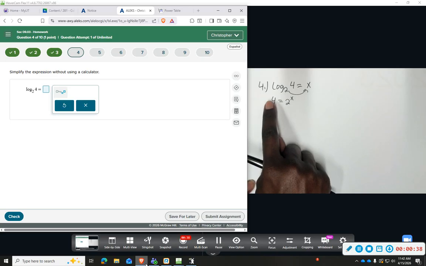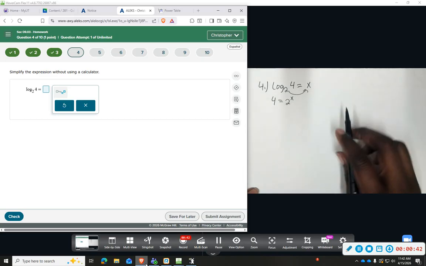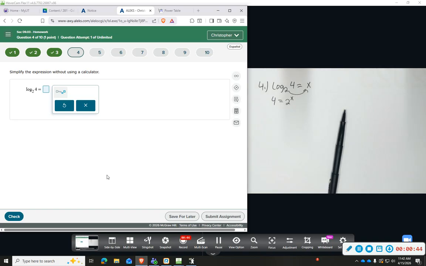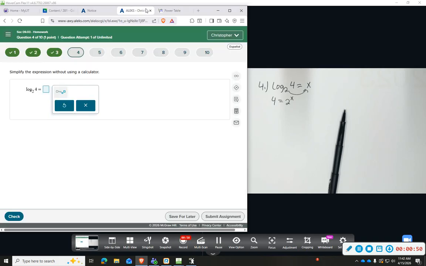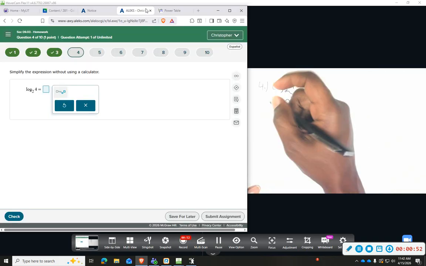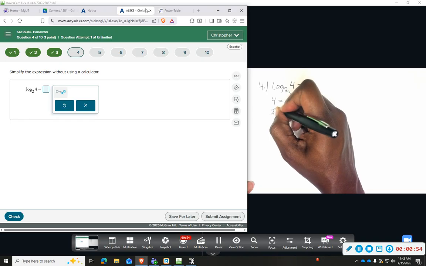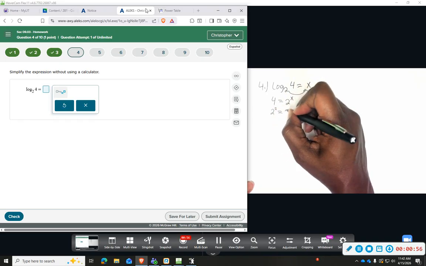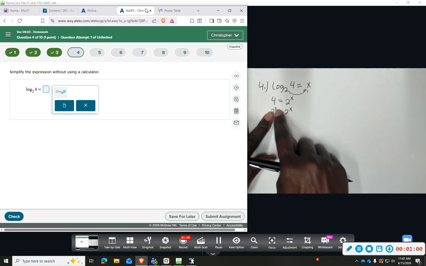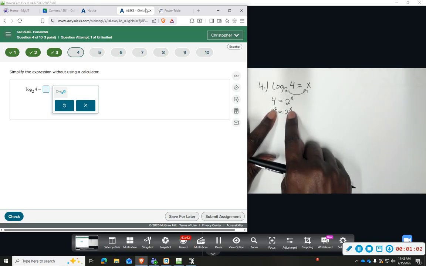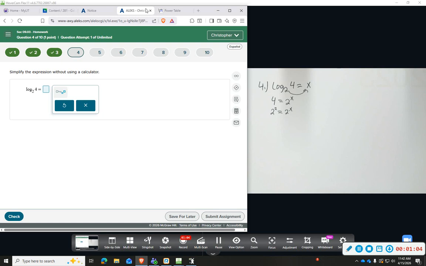You can use your power table or think, is there a way that I can rewrite 4 with the base of 2? And I did look up a power table. I have it, so I'll just pull it up. But this is one that we're familiar with. 2 to the second power is equal to 4. So when they say without a calculator, we're going to rewrite it. So this is 2 to the second power is equal to 2 to the x power. Once the bases are the same, we just focus on the top. And so that means x has to equal 2. So that means that this solution is